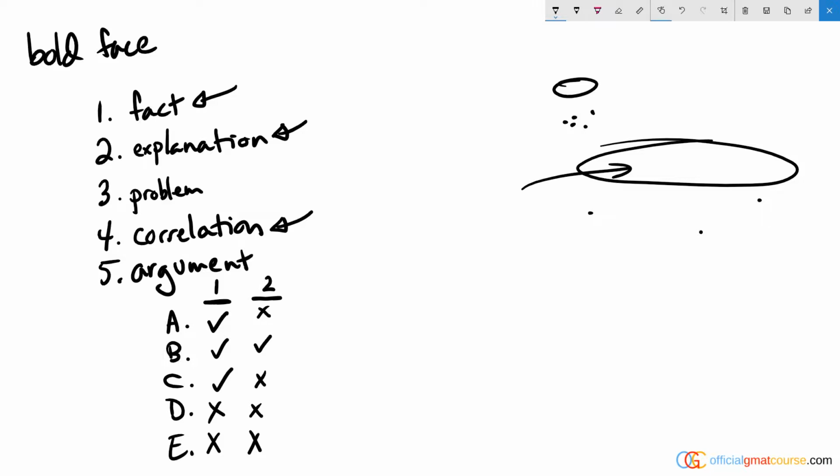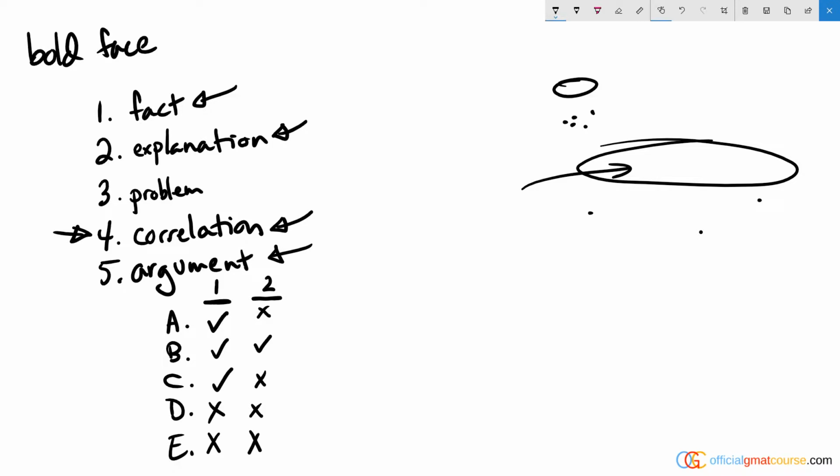So that leads us to the final sentence, which is sentence 5, and that gives us the argument or conclusion. This indicates that the scientists' hypothesis is not sheer speculation. So this is saying that the scientists' hypothesis is a good hypothesis based on this evidence about the correlation there.